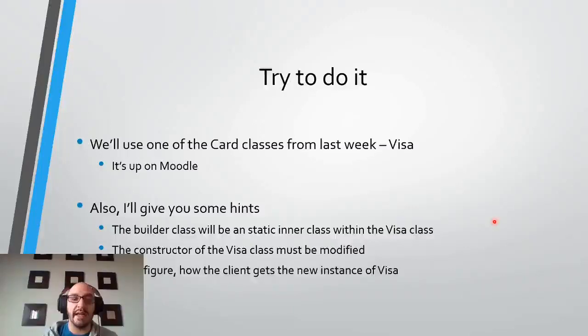The constructor of the Visa class must be modified. There must be some modifications in there. I'm not telling you right now what it is. There should be some changes in there. Try to figure out how the client is going to create the new instance of the Visa class. So remember, the client is not going to create the instance directly saying Visa myVisa equals new Visa. It's going to do it through the builder, which is an inner class. Of course, the builder will have a constructor itself, but the constructor of the Visa class is never going to